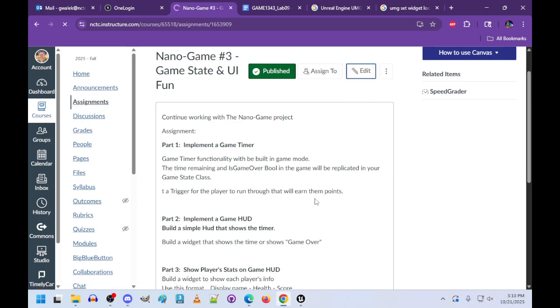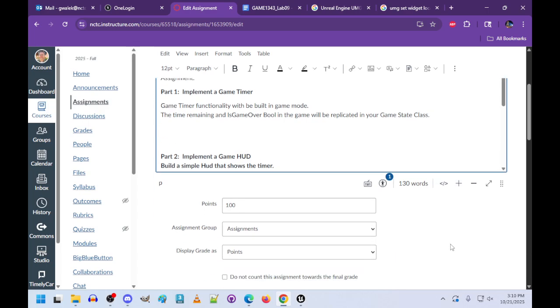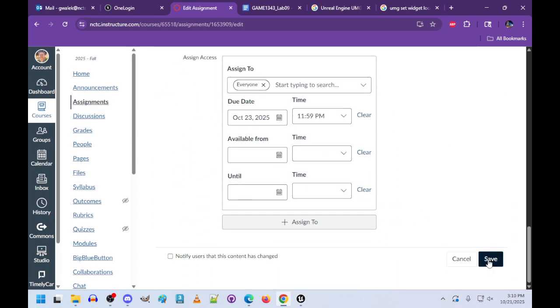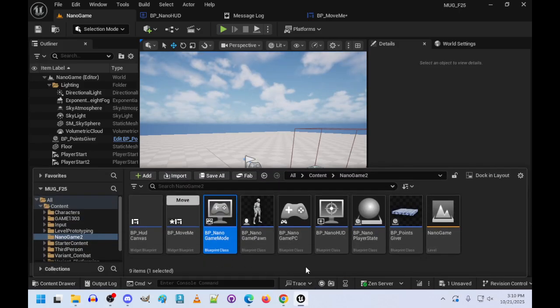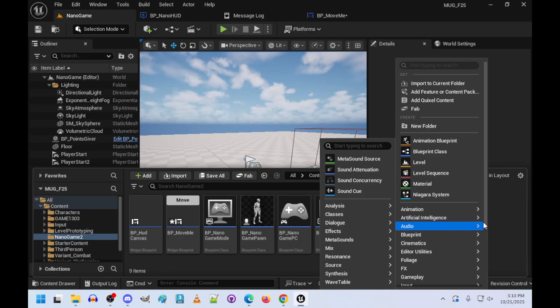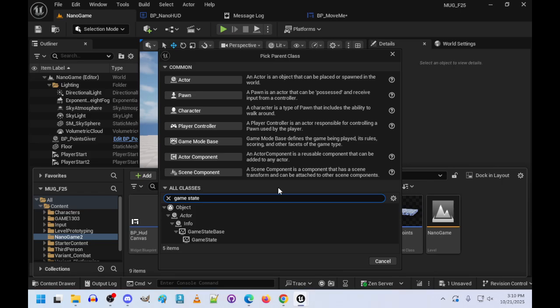You've done this. So time remaining, and it basically should be two booleans. You're going to need a game state class. We're going to build that right now. Let me save this. So the first thing we're going to do is build, again, a blueprint class, game state,